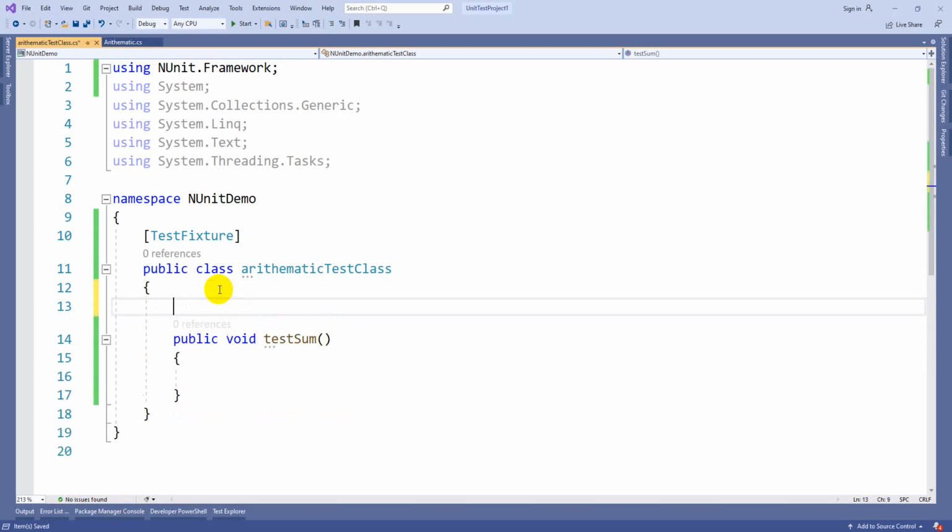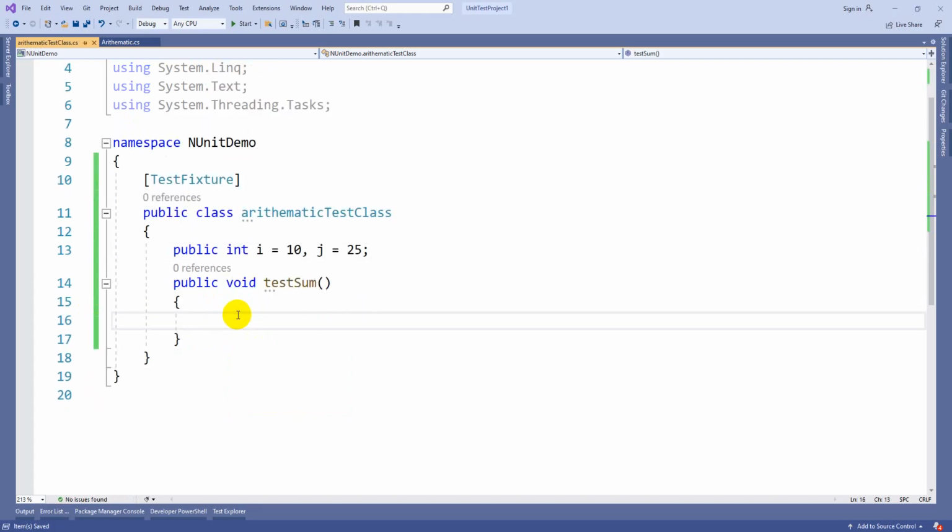So here also let's take some default values. Public int i is equal to 10, j is equal to 25. First, as before, you have to create an object for this Arithmetic class: Arithmetic, some object name is equal to new Arithmetic.